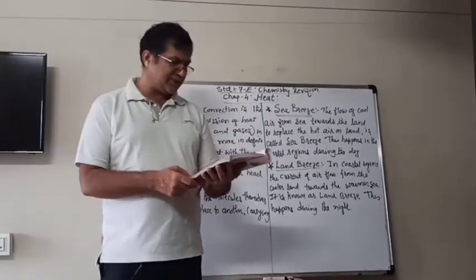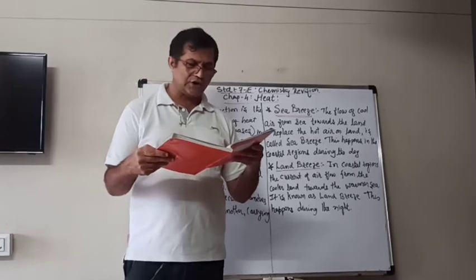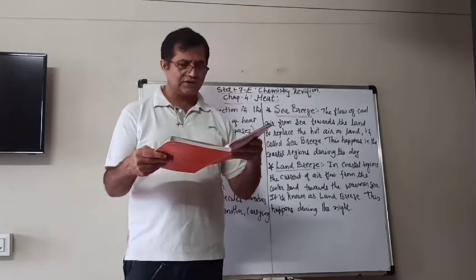But at night it reverses, because the air on the water is hotter than on the land, because the water cools down slowly, and therefore the cold air from the land flows toward the sea, and that is known as the land breeze. So the sea breeze and land breeze are due to the method of convection.